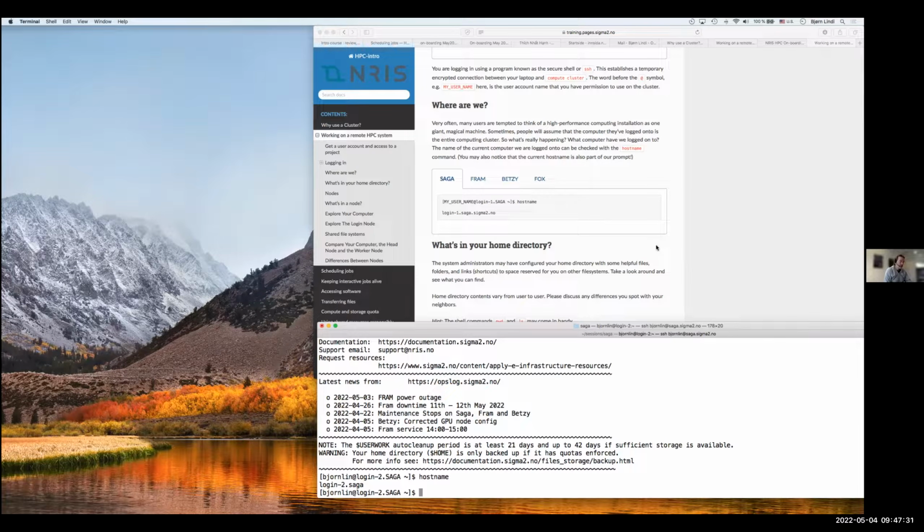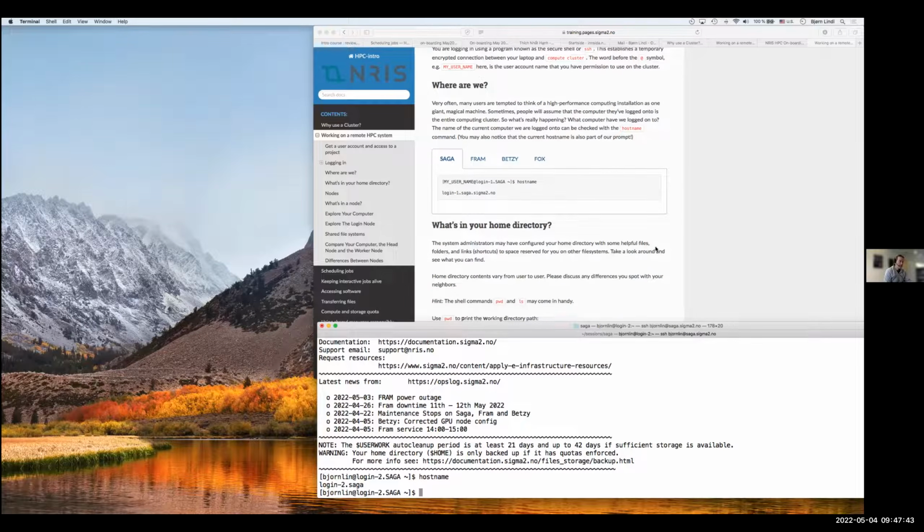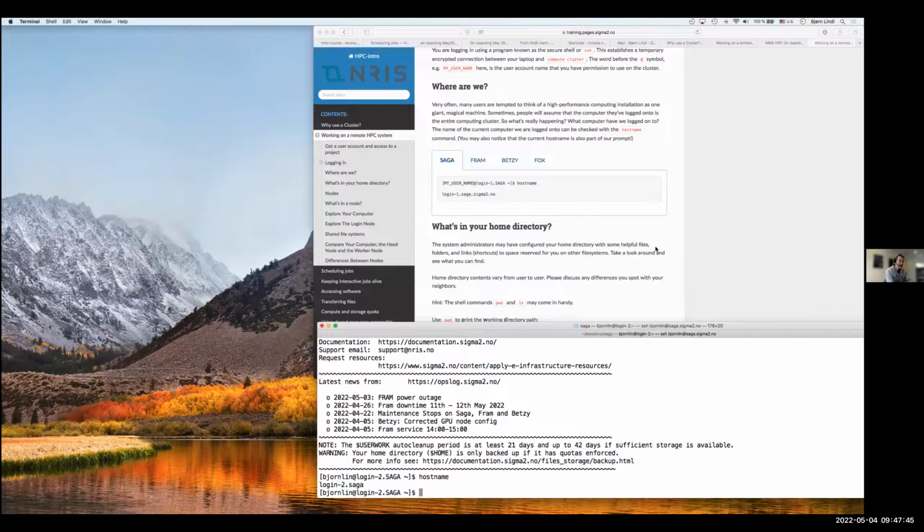With the command hostname, you see which login node you are logged on to, and there are normally several login nodes on a cluster. What can happen if you come back to a cluster? If you use a terminal multiplexer, you have to notice which login node you're running that multiplexer on.